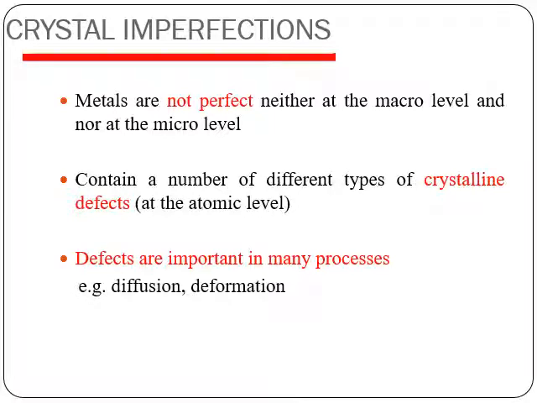Okay, so how exactly are we going to create defects? It is either by diffusion or deformation. Diffusion is something like an injection, where you inject foreign metal atoms into a present parent metal. If not, deformation: you deform the metal, plastically or elastically, to increase or decrease the defects. How exactly? We'll see it one by one.